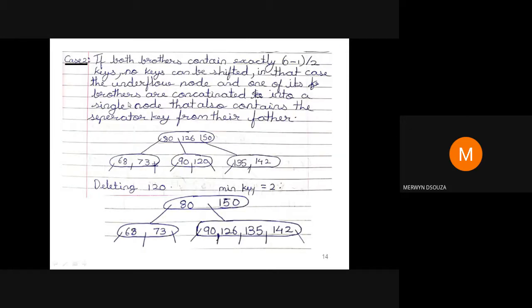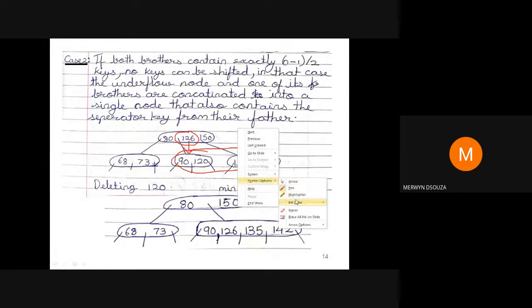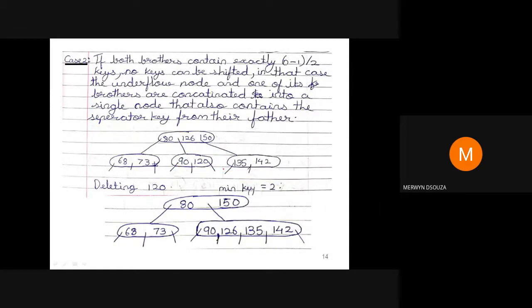Okay, so case 2, we are borrowing from the father because the brothers are not having enough. When we borrow from the father, I merge any one of the two brothers. Can you all type on the chat, suppose I would not merge these two nodes. I'm deleting 120. I'm not merging these two nodes, but I want to merge this older brother with the underflow node. And how would it look? What would the father node contain?